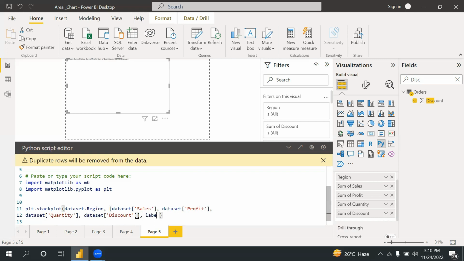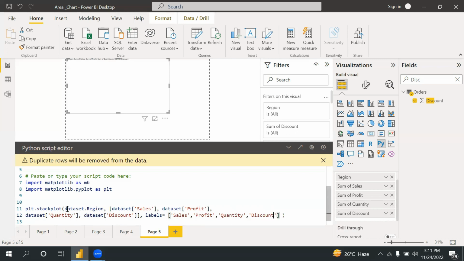So labels equals to, let's say, sales and profit, quantity and discount. Okay,